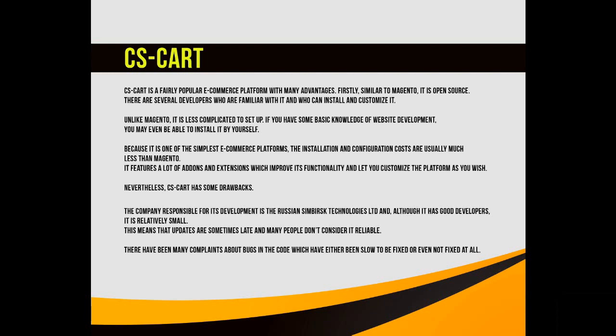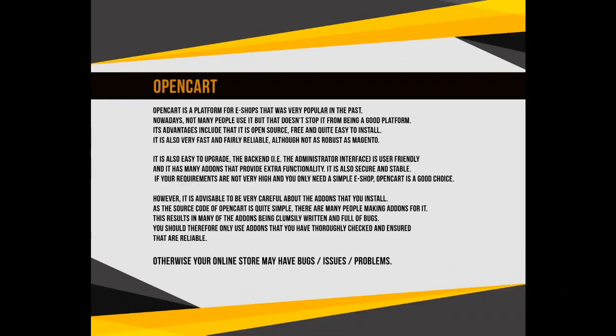The company responsible for its development is the Russian Symbursk Technologies Limited, and although it has good developers, it is relatively small. This means that updates are sometimes late, and many people don't consider it reliable. There have been many complaints about bugs in the code, which have either been slow to be fixed or even not fixed at all. OpenCart is a platform for